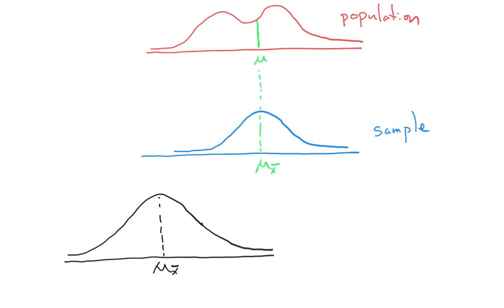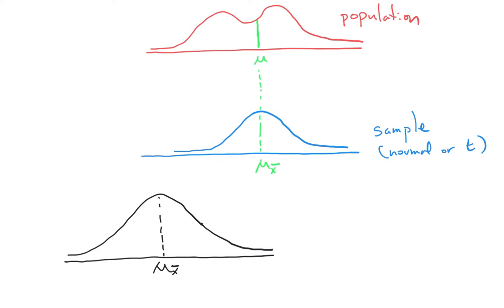But by the central limit theorem, or something similar, we know the shape of the sampling distribution. We know that the sampling distribution has to be, if our sample size is large, it's going to be normal. Or in cases that we've talked about before, it might be a t-distribution. And if we're outside of those possibilities, well, we can't really do too much. But we'll just talk about the cases where we can, where we know the shape of the sampling distribution.